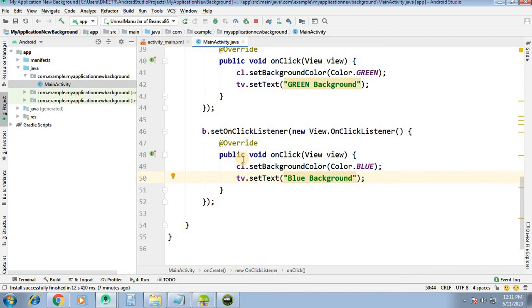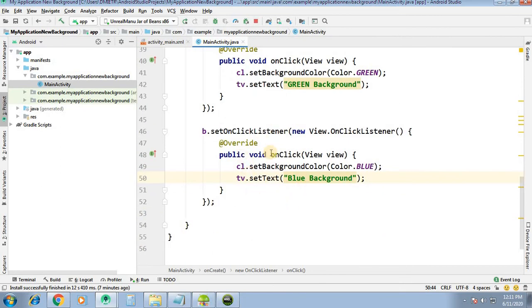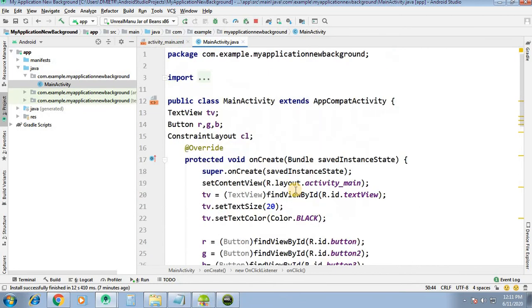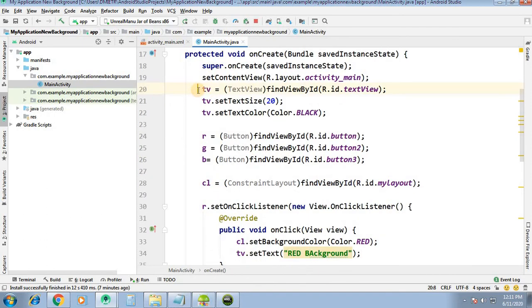Okay, this is how we have added the functionality. So now let us see: text view object, button, 3 button RGB, constraint layout, CL. We have the very first mapping of text view into the Java file with the help of find view by ID, R dot ID dot text view, text size 20 and black.